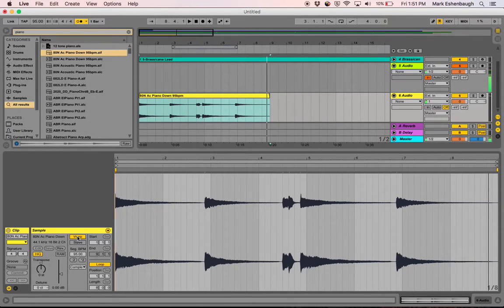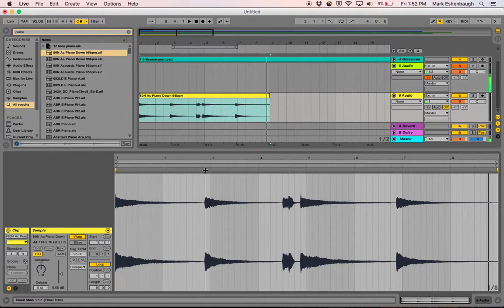What is warping? Well, essentially what warping does is the software will find all the transients. That's all the places where the audio goes from very quiet to very loud very rapidly, or any place where it perceives that there's a beat or a note of some kind, and it puts a little marker. I don't know if you can see it or not, but right here there is this tiny little hash mark right on this little dark gray bar, and if I mouse over it, it gives me this